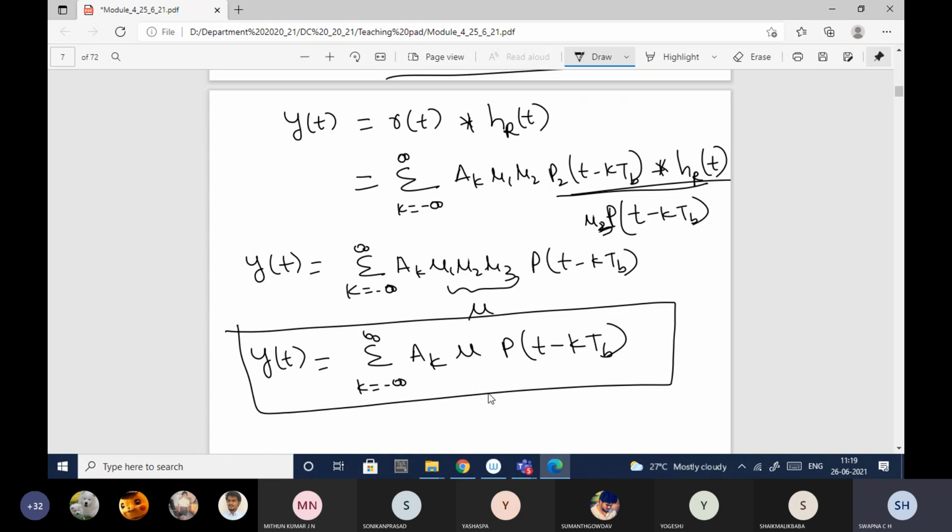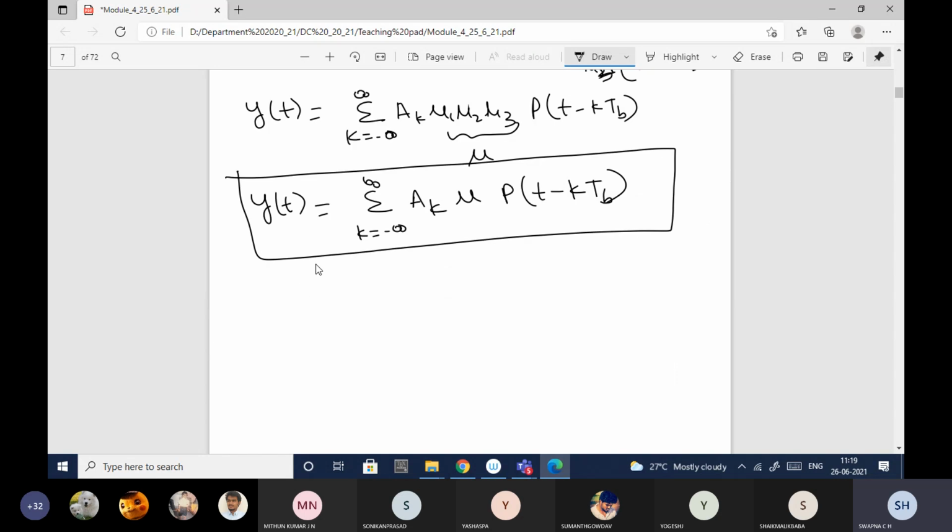Now let me consider I want to get the second bit, or third bit, or fourth bit. I'm just giving you some examples. If I want the second bit, I need to place the k value as 2. If I want the third bit, I need to make the k value 3. And if I want the fourth bit, I need to take the k value as 4, like that.